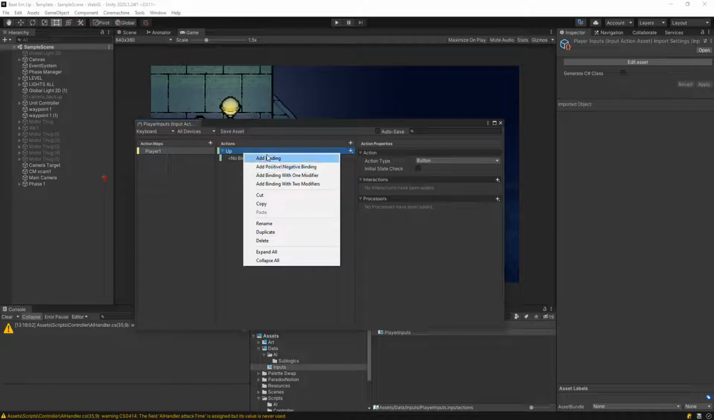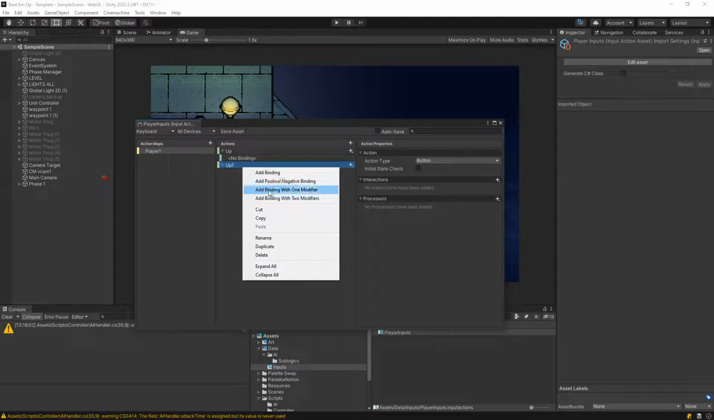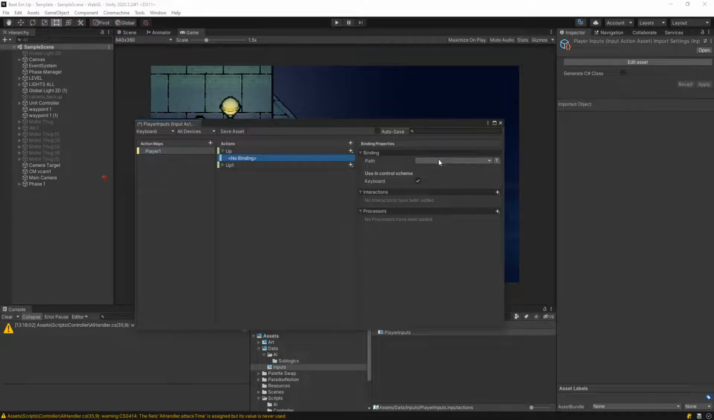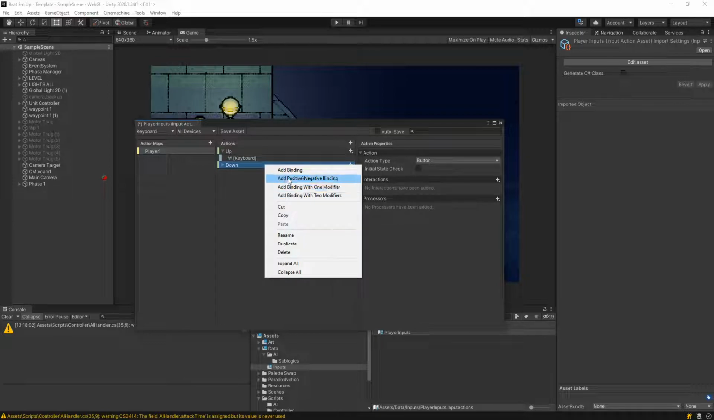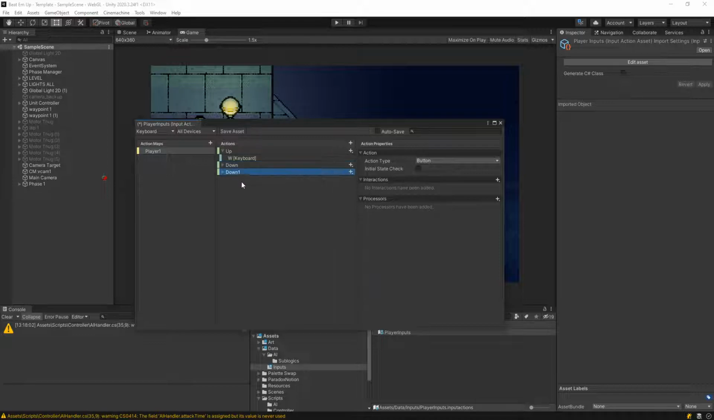Okay, so duplicate. Actually, let's set the first one. So up will be W and down, left, right. Now we also have two buttons, one attack